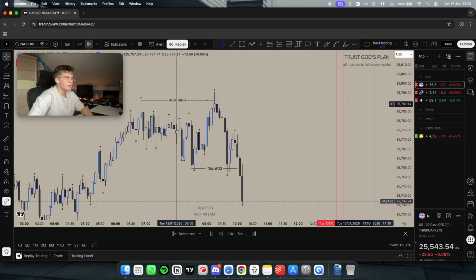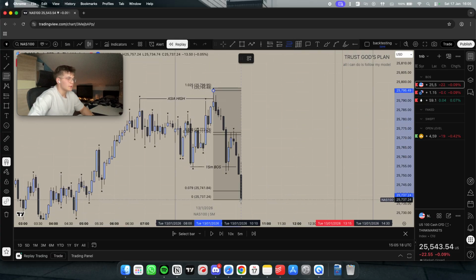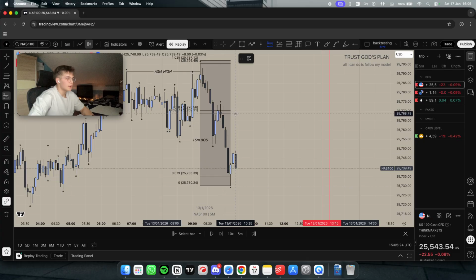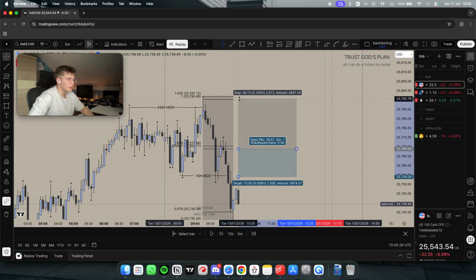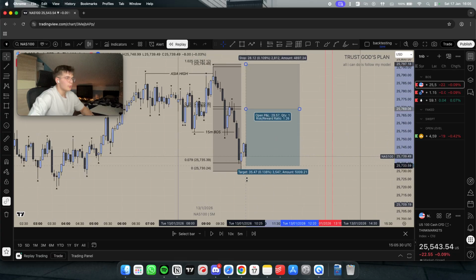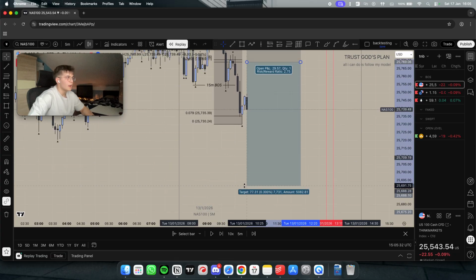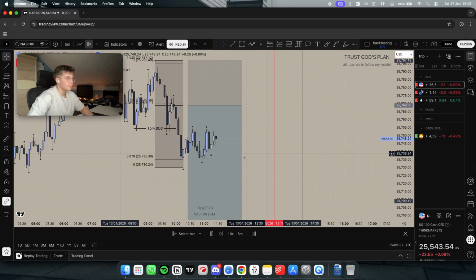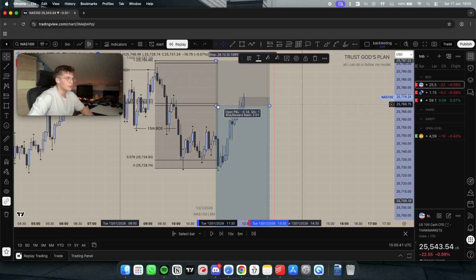We can set up the fib tool from the high of the session to the low that broke structure, and if it extends, which it does, we just extend, and now we have a trade. 0.5957 for the entry, stop loss 1.025 on the fib tool, and from here 3R, right? Now price goes back up, extends a little bit more, so we need to adjust the tool like this,